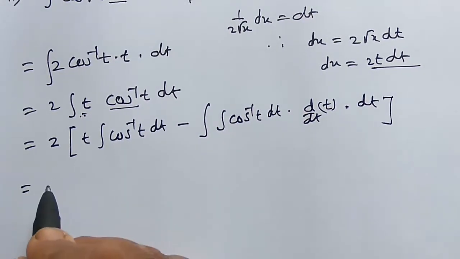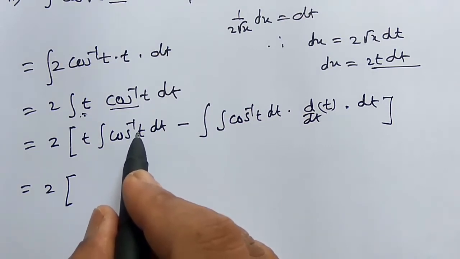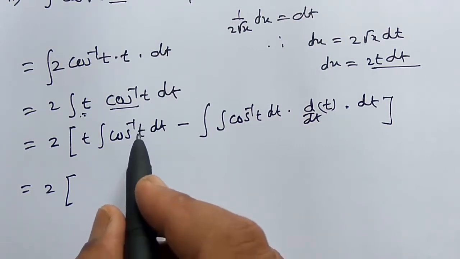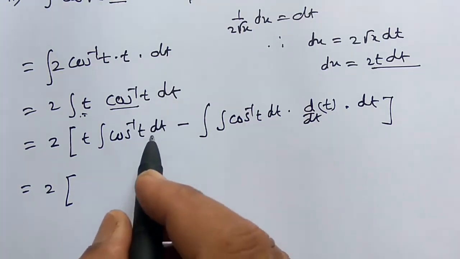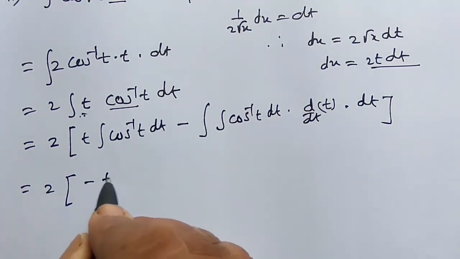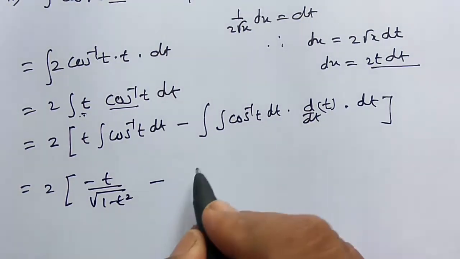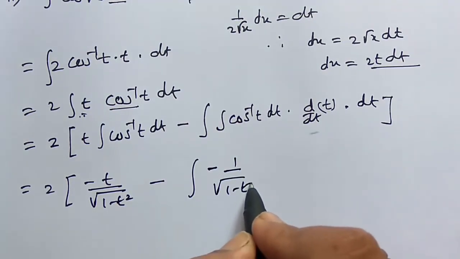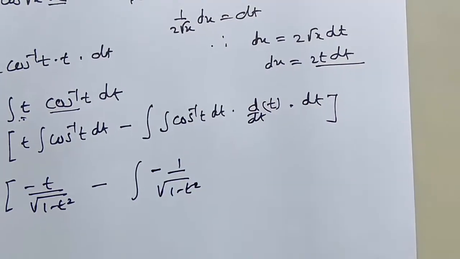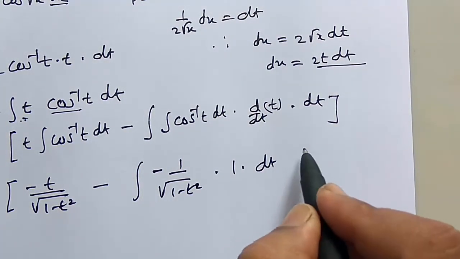So it is equal to 2 bracket, integration of cos inverse t is minus 1 upon under root of 1 minus t square. So minus t upon under root of 1 minus t square, minus, minus 1 upon under root of 1 minus t square. It is the integration of cos inverse of t, and the derivative of t is 1 dt,